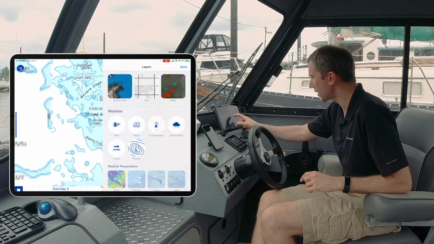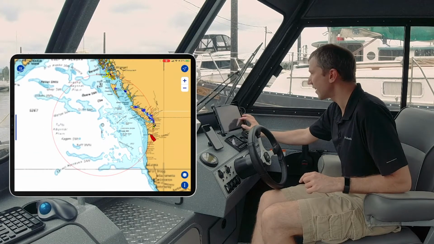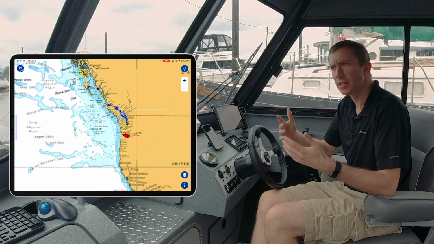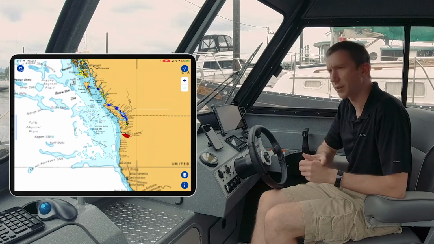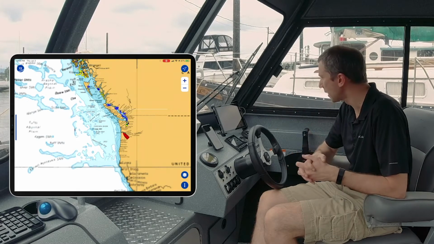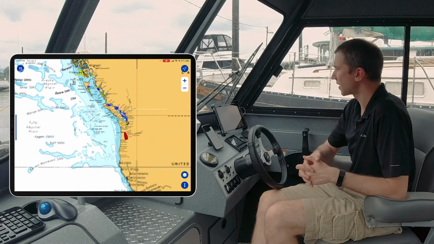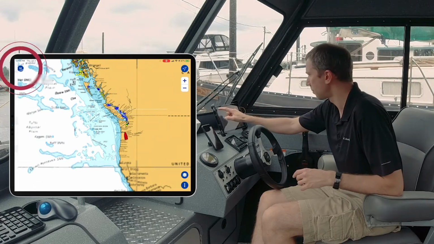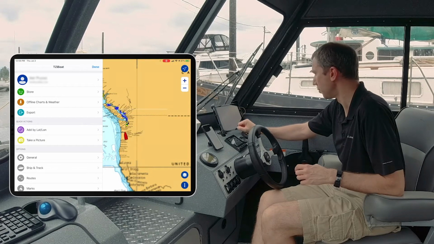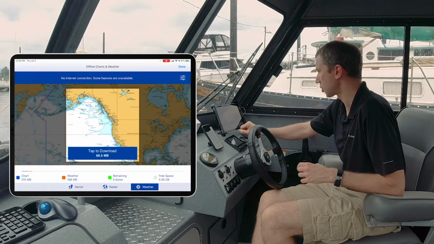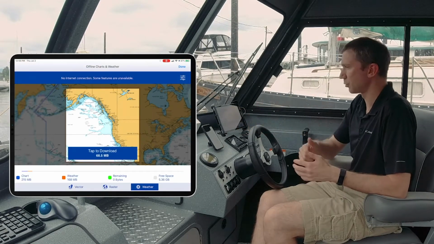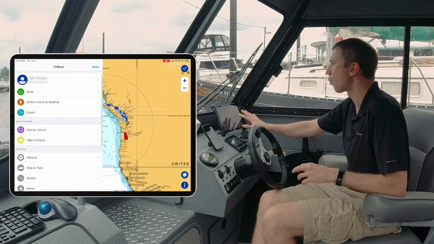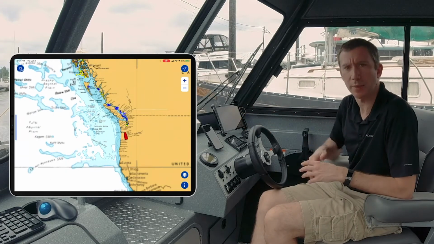So the way you access weather is either you have internet access directly available on your iPad or iPhone. In that case, TZ will directly access our weather server and stream weather. But of course, if you do not have internet access, then you can download weather at home. And you do so by clicking on the TZ menu here, and you go to offline, chart and download. And you can just tap to download and cache a specific weather area. So it's very, very easy. This is the same way to cache and download charts, by the way.